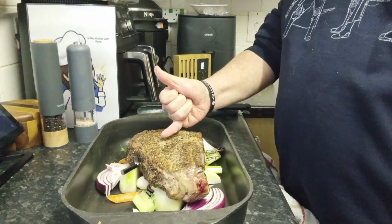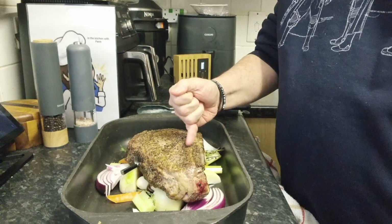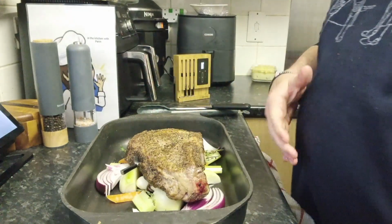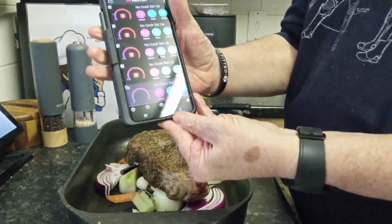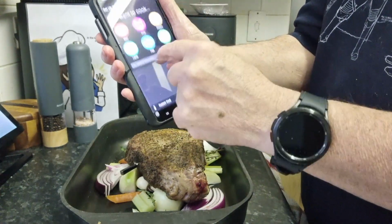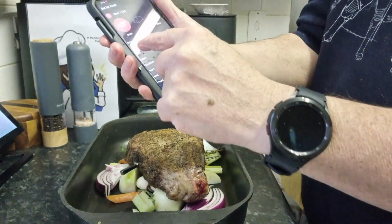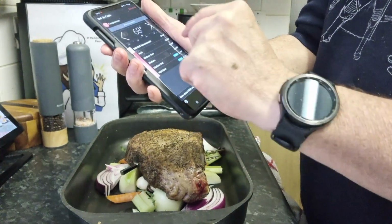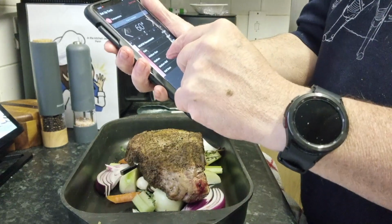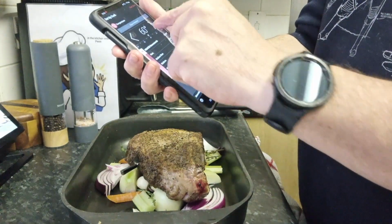Look for the thickest part of the meat, where there's no fat and no bone. So what I'll do now is we'll set this up, we'll set the cook up. We go beef, he says, rib, I believe that was ribs. Yeah, it was. And we've decided to go to